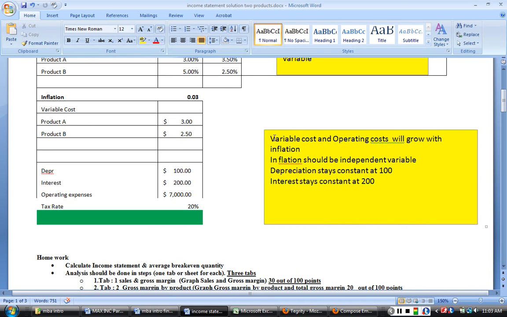And again, we also have to keep in mind that these variable costs and the other operating costs will have an effect of inflation. So that's why these over here have to be accounted for with the inflation. So we have an inflation number over here. The company is assuming that the inflation on average every year will be 3%, and that again should be an independent variable. So if we change that number in the future, everything else that is related to the depreciation will